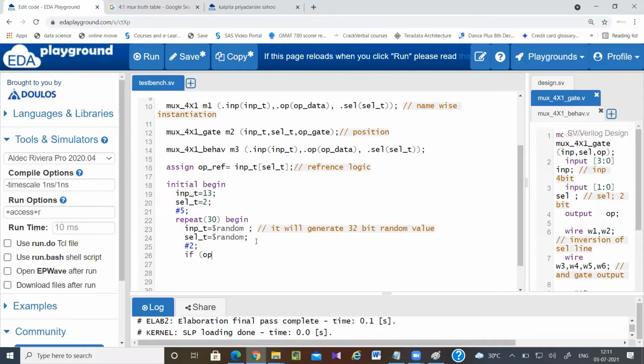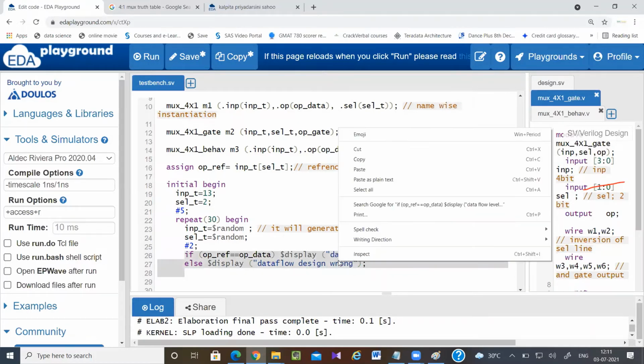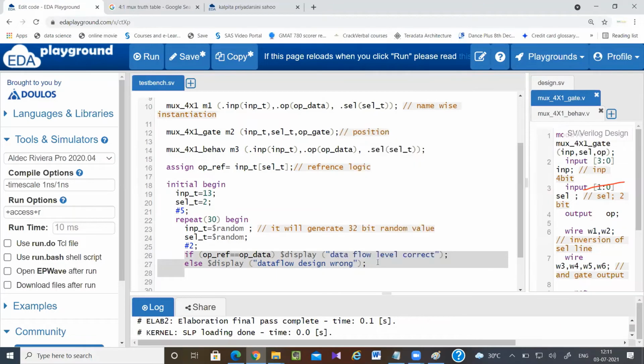So if output reference equal to output data, then $display data flow level correct. So this $display, it is like a print kind of thing. It is used to display.